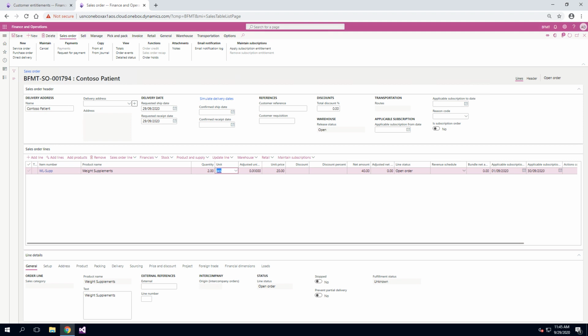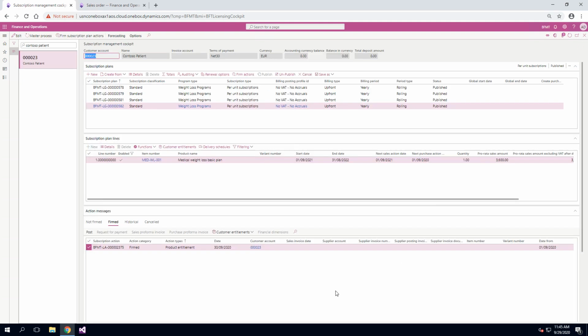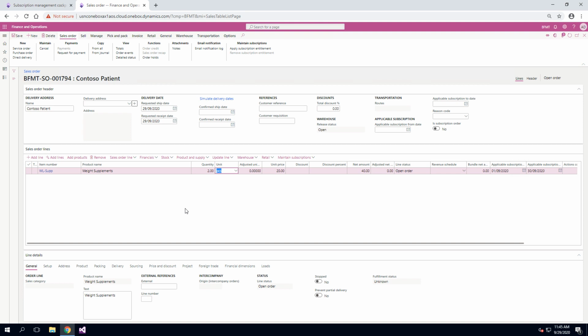So keep in mind that this is a standard sales order. It is not a subscription order. It's an order event triggered by the customer. What we can do at this point is use the apply subscription entitlement on the header, which will go through all the lines of this order and check if there is an entitlement action which is active based on these dates, date from and date to,